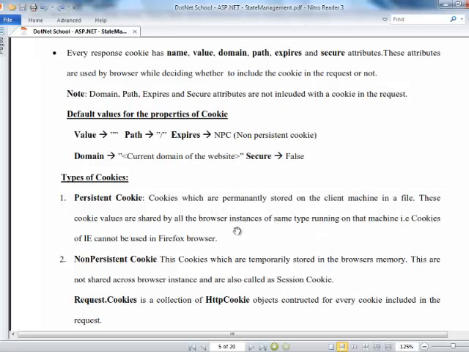Only the same browser instance can use that. If the cookie has been created using the Chrome web browser, then only if you open Chrome will that value be retrieved, whatever the browser stored in the cookie. If you open some other browser, the same information will not be available, you cannot see that.